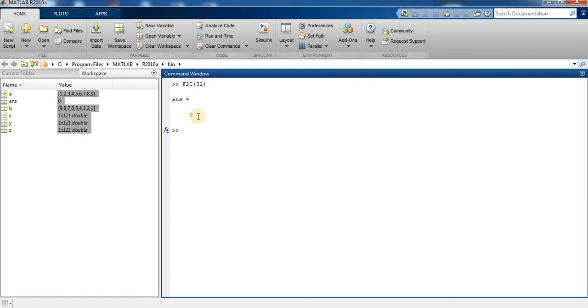Now we can check with another value, F2C of 80. Press enter. So by typing F2C 80, you get the answer 26.6667. So our function is working.